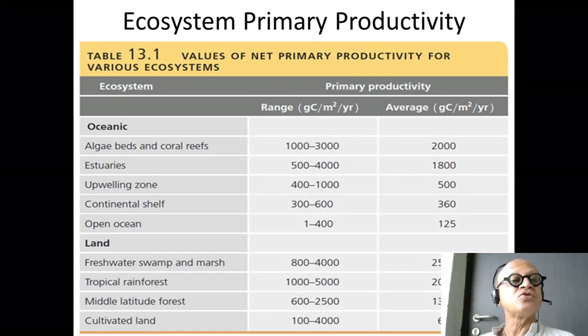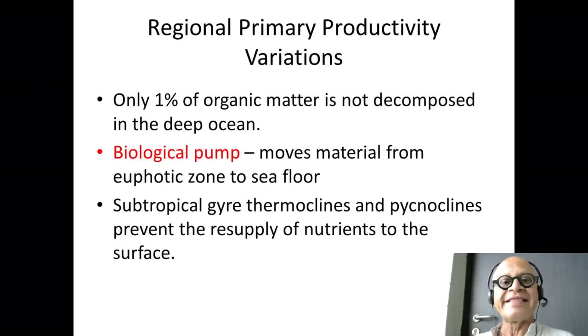So primary production looks similar, but in the ocean you have a very long food chain. Photosynthesis is producing the carbohydrate. Zooplankton are eating it. Larger zooplankton will eat smaller zooplankton. Small fish will eat the zooplankton. Larger fish will eat smaller fish, and so on. So secondary, tertiary, quaternary, and so on. The production levels are many. So the production at other levels is much higher in the ocean than on land. Regional primary production variations, we will look at more details.